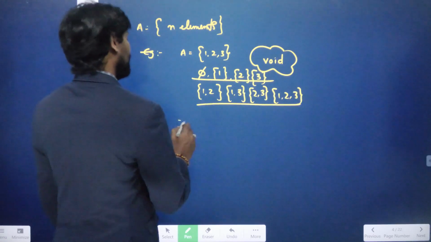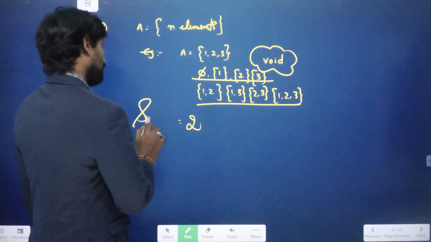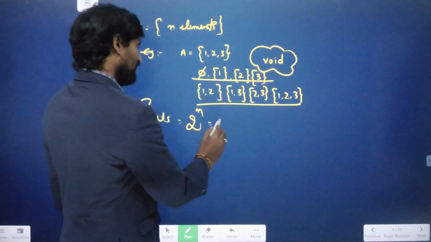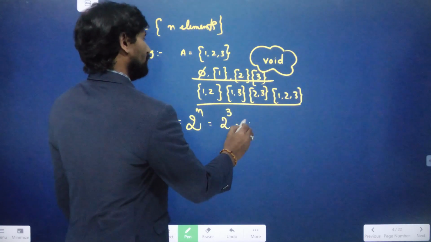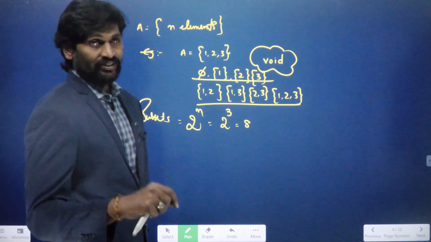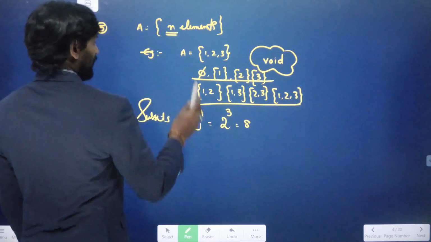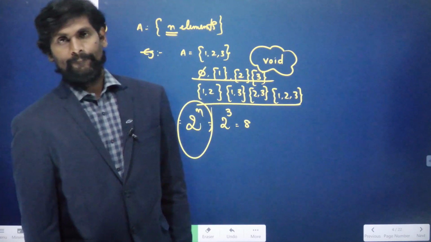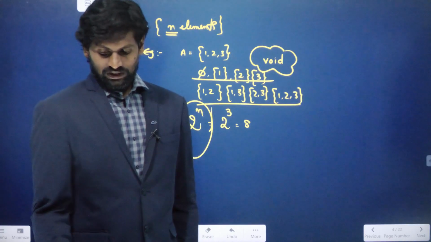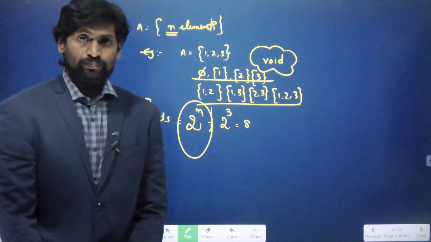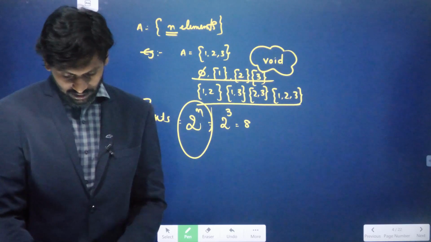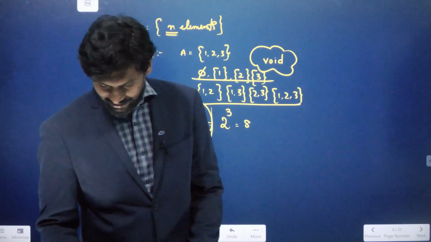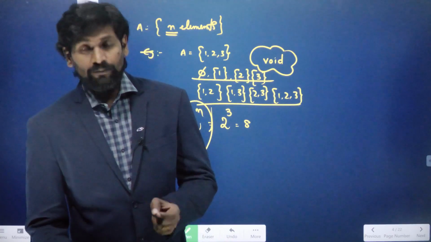So simply we can take the number of subsets formula we also discussed, 2 power n. So 2 power n is nothing but 2 cube, that is equal to 8. Now according to this question, the number of elements is n, then the number of elements in the power set is 2 power n. Okay? Number of elements in the power set is 2 power n. So your option will be 2. Now let us move on to problem number 6, that is, if A is the set of all positive